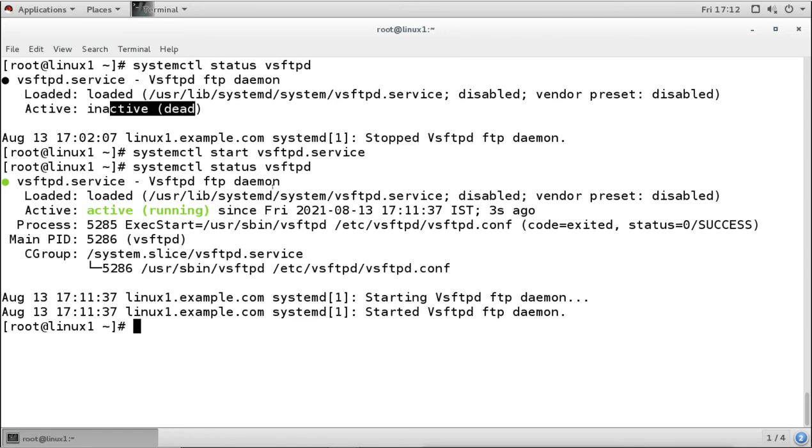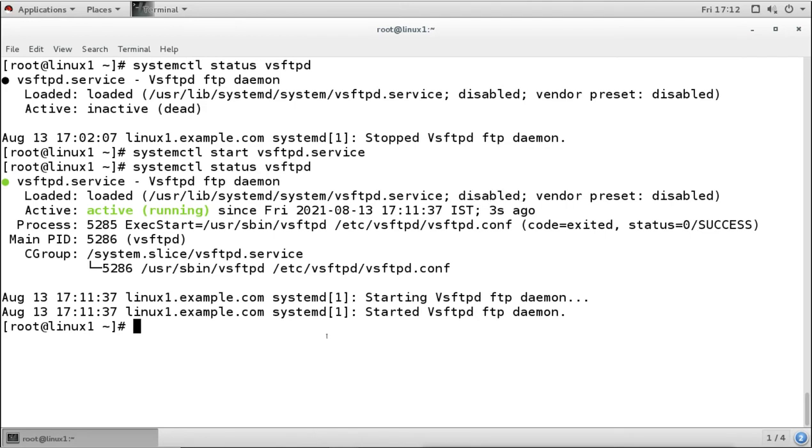So you have to make sure that whenever you configure any server and start it by running the service, the service will run every time after reboot also. That means you have to make this persistent. Whenever you reboot the system, the service will be started. For that, we have to change this default disabled status.